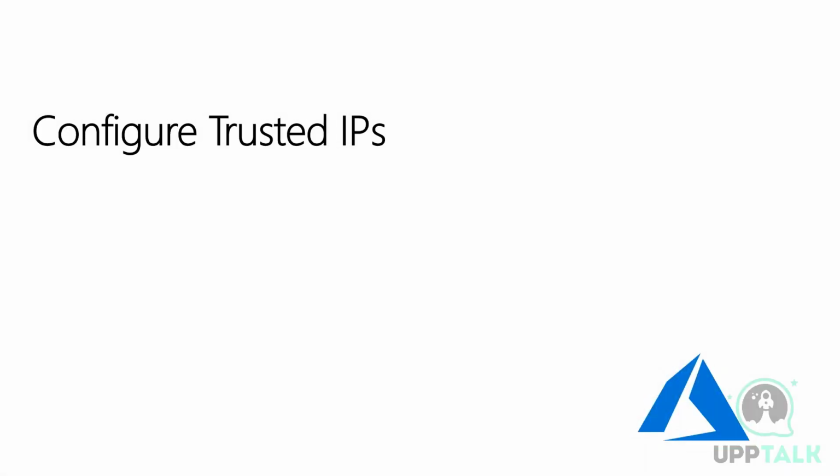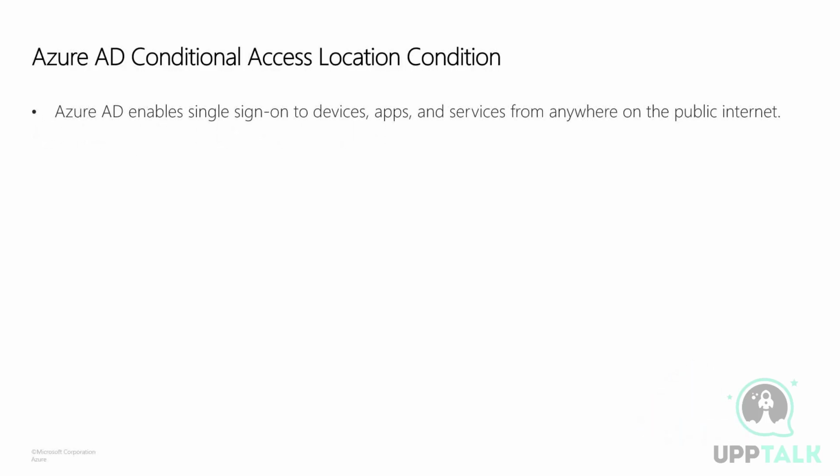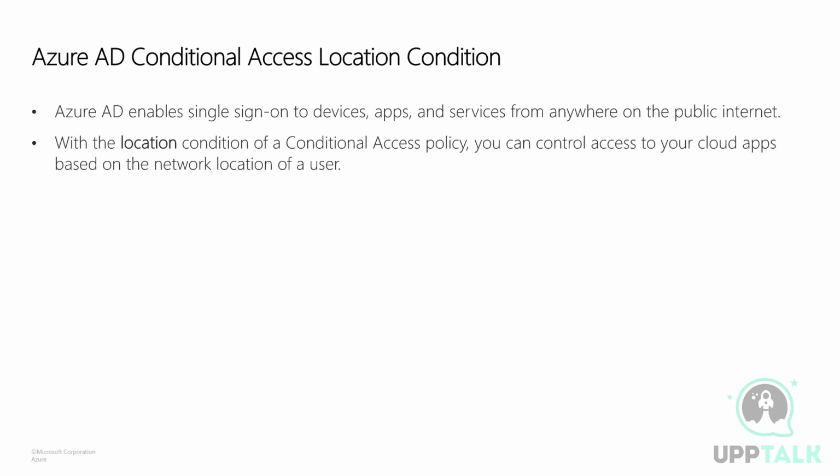Configuration of trusted IPs, right? Whenever we are doing this conditional access, you have an option of choosing a trusted IP address or choosing a location. There you can specify that these are the allowed locations. Anything beyond this, do not allow